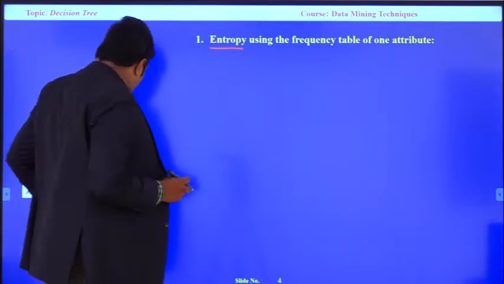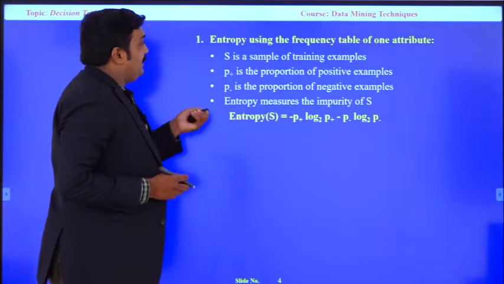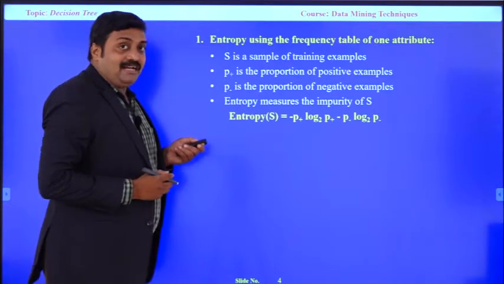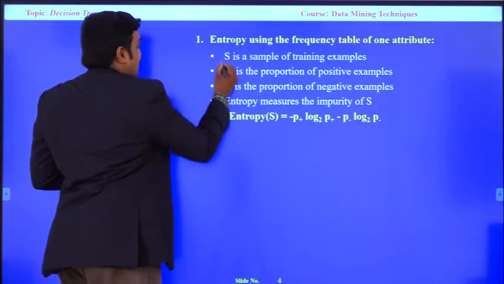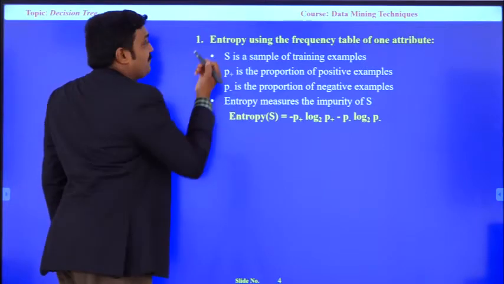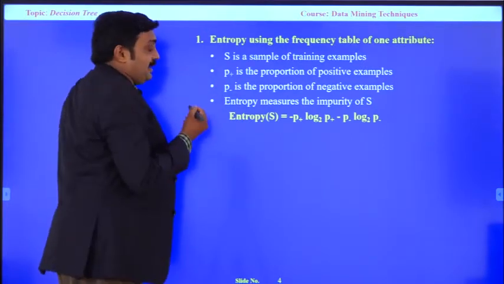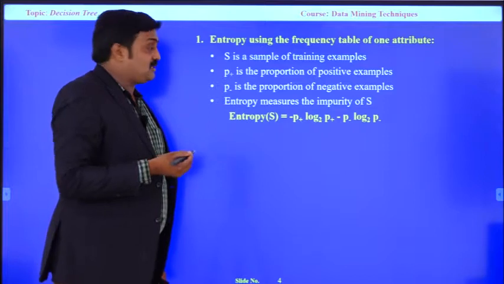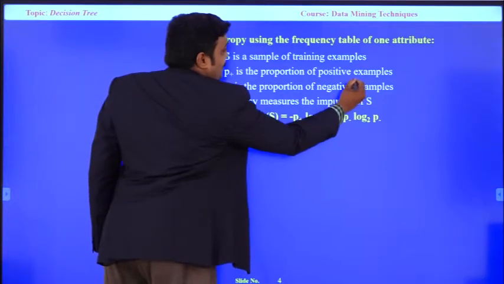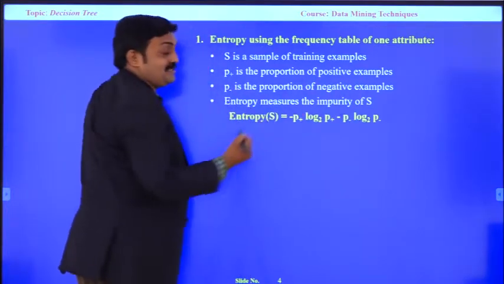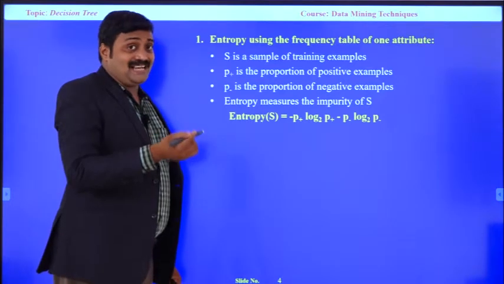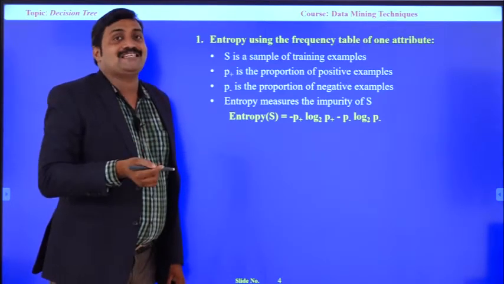Let's see how I can do this. When we have the samples, in those samples there is a number of positive examples and a number of negative examples, that is, yes class and no class.